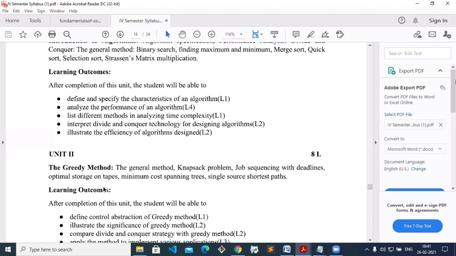So my part is completed. You have to start reading the module. I have already forwarded you the material. In your WhatsApp group, I have forwarded module 1, module 2, module 3 notes as a single document. Go through that. If you have any doubt at any point of time, you just ping a message.